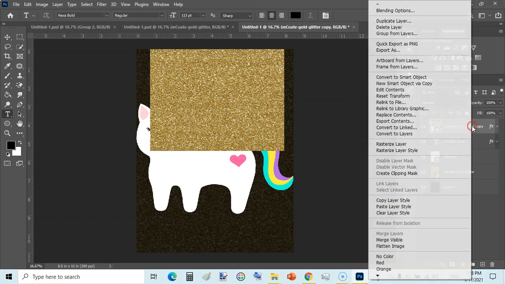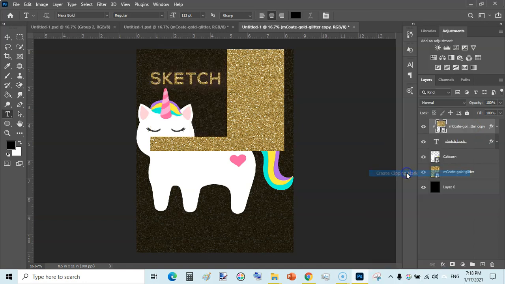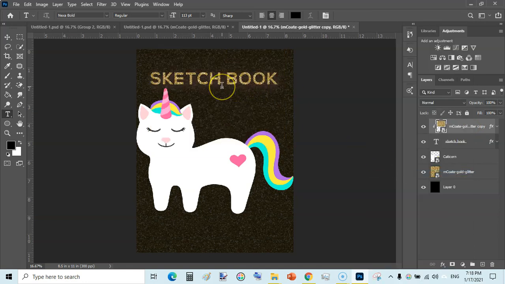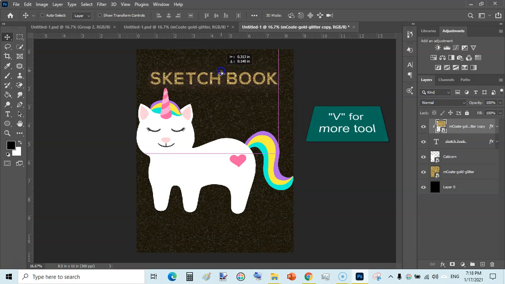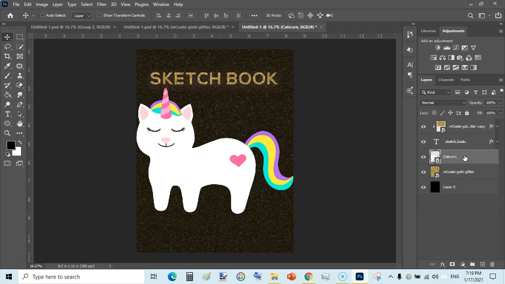Just right click on here, then create clipping mask, and it will create a clipping mask here. You can also move this by hitting V from your keyboard, and you can move it around to get a perfect text effect like this. Now we will be adding drop shadow to this image as well.